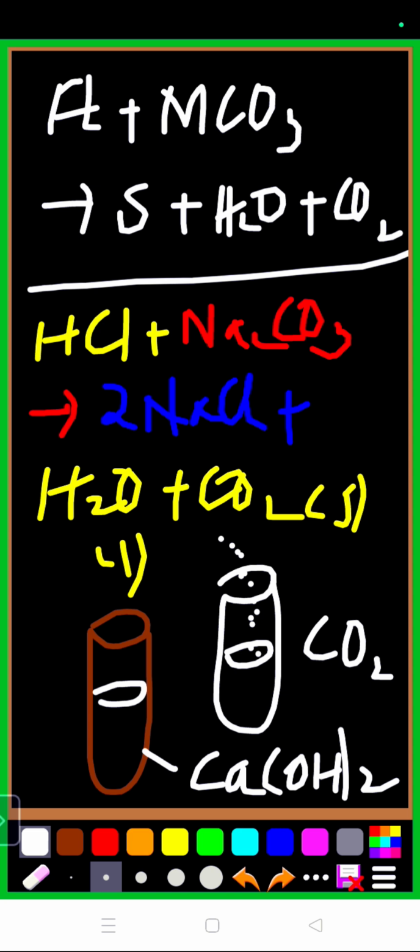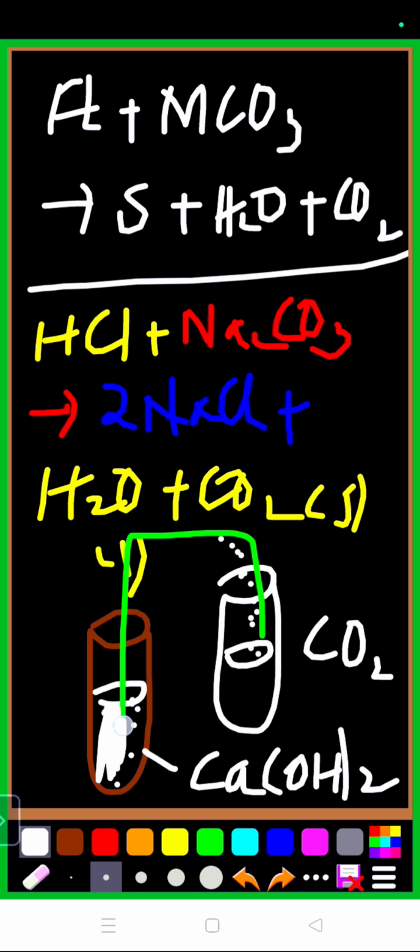And when you pass this gas that is coming out, using a delivery tube, into lime water, then the lime water will turn milky. The setting of the delivery tube should be like this. It must contain carbon dioxide gas that is coming out from the liquid solution that contains a metal carbonate and a solution of acid. So you must pass the gas into lime water, so that all of the gas reacts with the lime water to make it white.